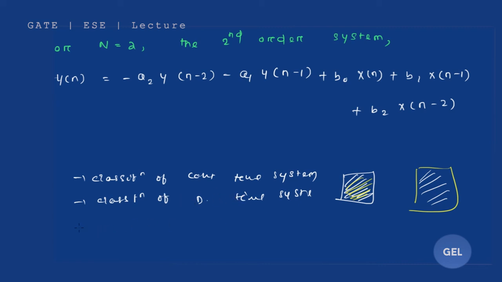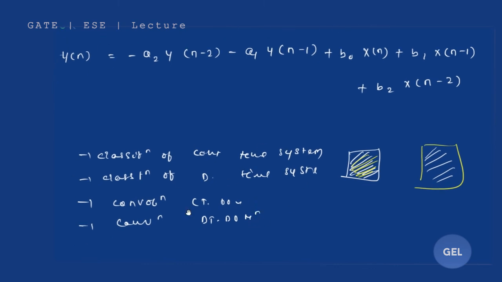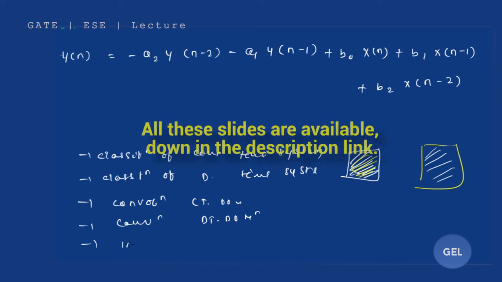And after that we'll go back and get into convolution in the continuous time domain, and again come back to convolution in the discrete time domain. This is how I'm going to finish your entire signals and systems,